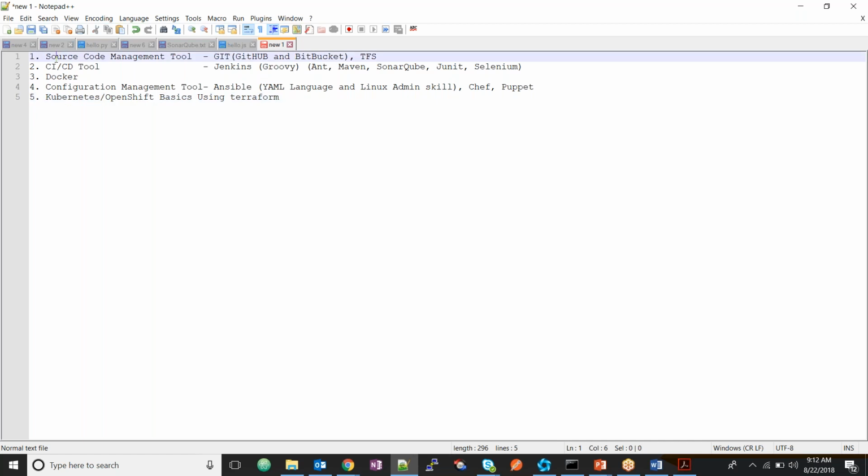For source code management, we need to know one tool well, and we have to know what other tools offer, so that if you're strong in Git, they will consider that if they assign you to SVN, you will work there also. The commands are similar; the way it works is different.